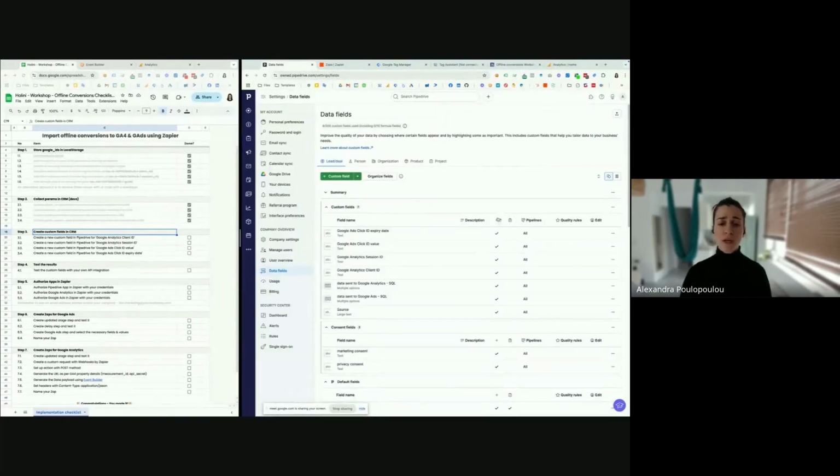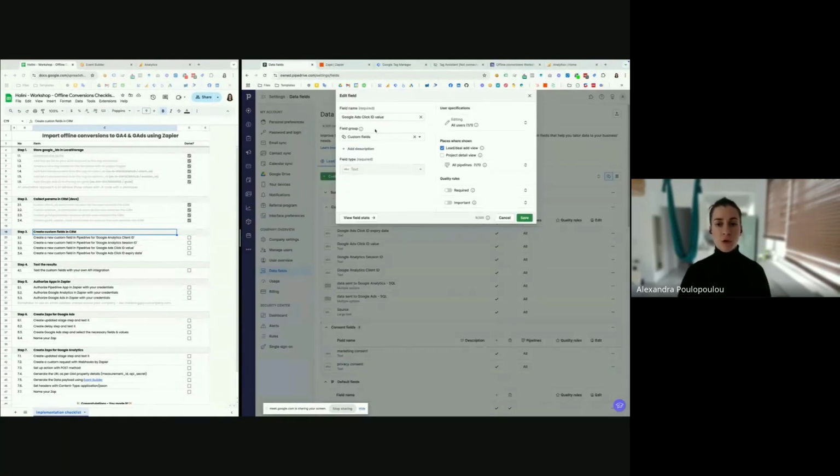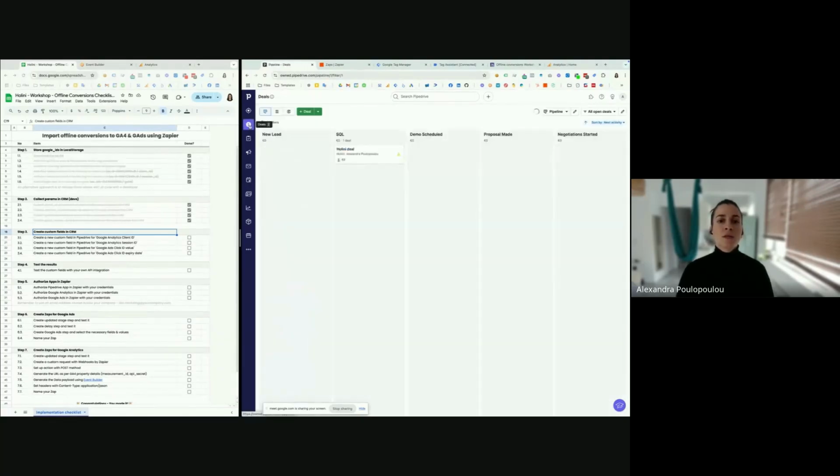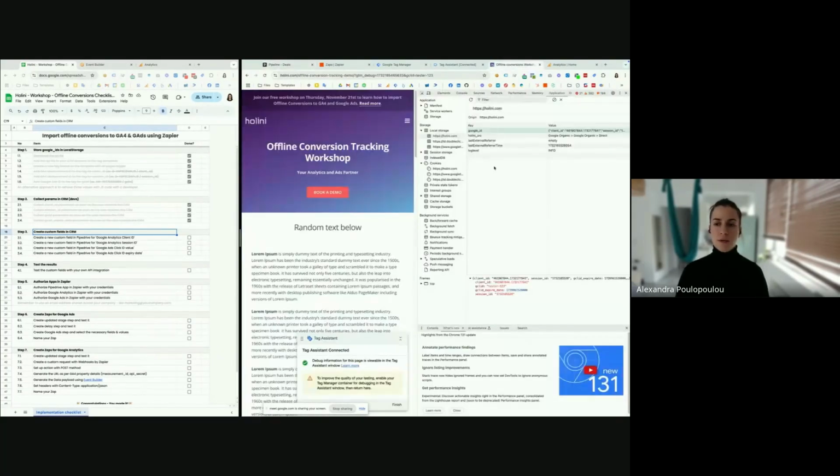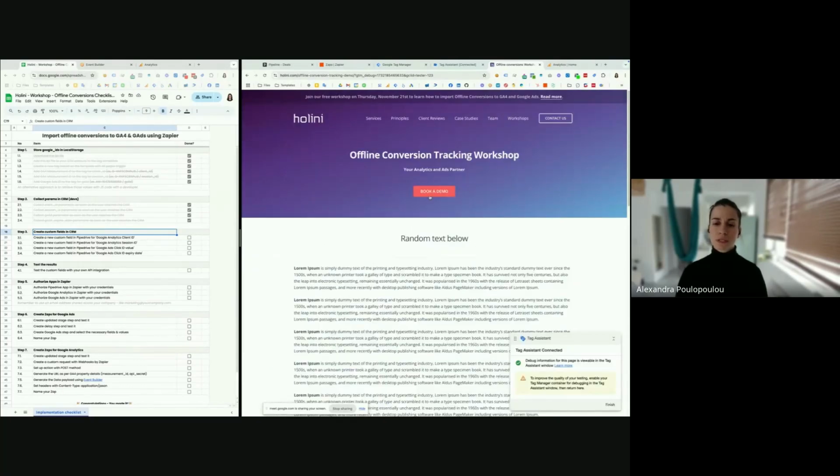When you're done with this one, you have to repeat this process for all 4 of the Google IDs that we have available here. So I've done this with the same settings for the Google Ads click ID value, text, available in the lead view, session ID, the same, text, lead view available, and finally our client ID field that has the same settings. So let's create a lead to see what happens here.